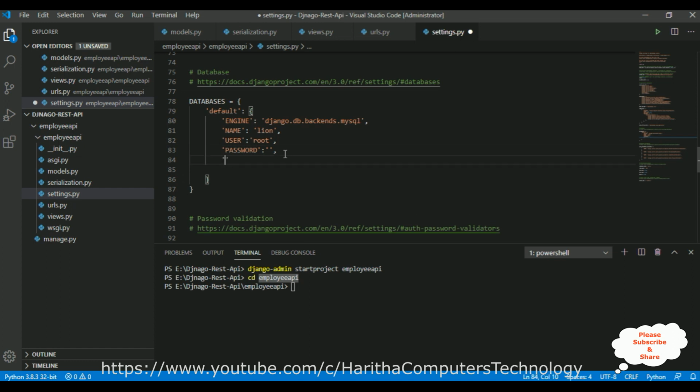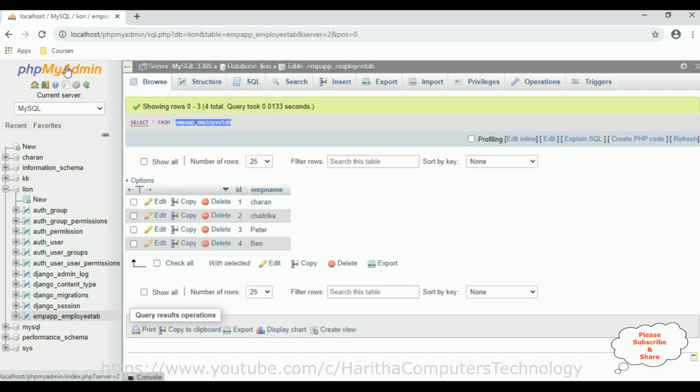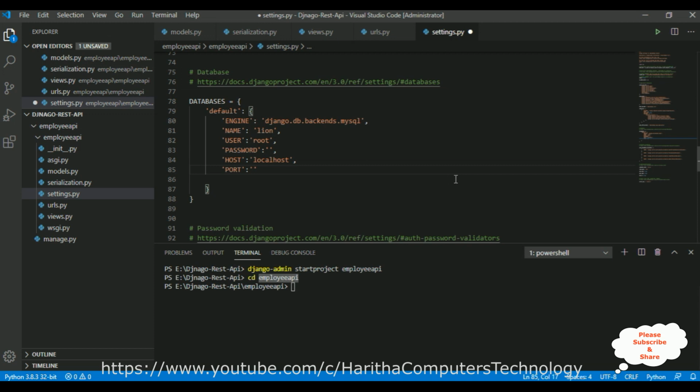After that, we require the host also. Here the host is localhost, and we require the port number of our MySQL also. If you don't know the port number, switch back to phpMyAdmin. The port number is 3308. So let's add that one, 3308. And the last option, colon, curly brackets.